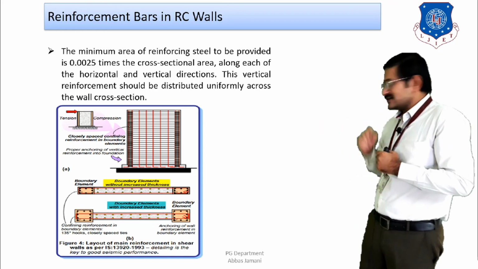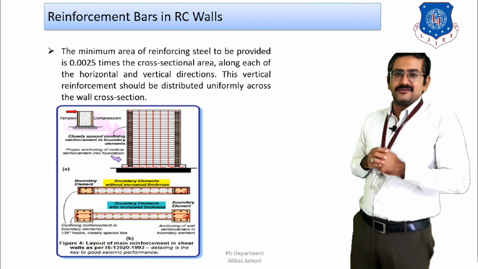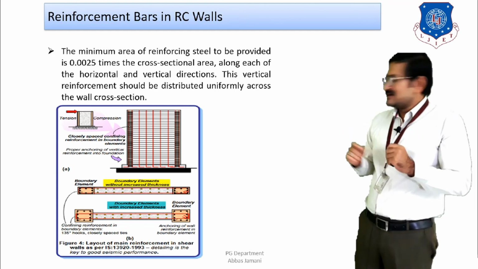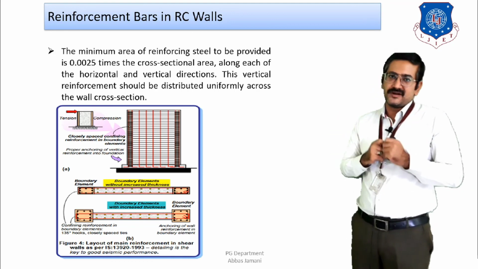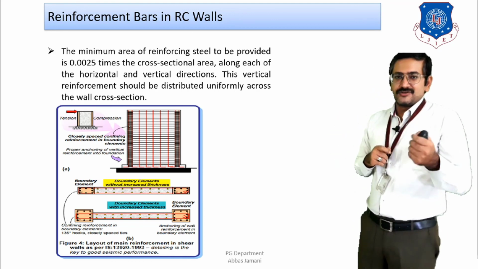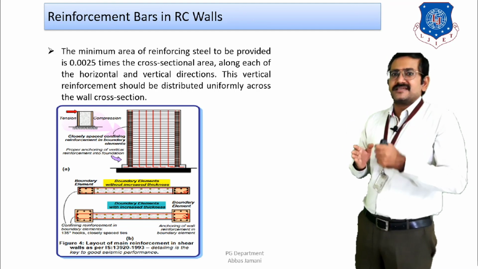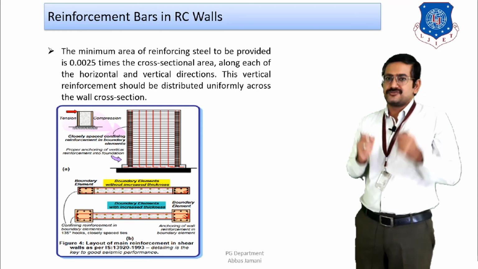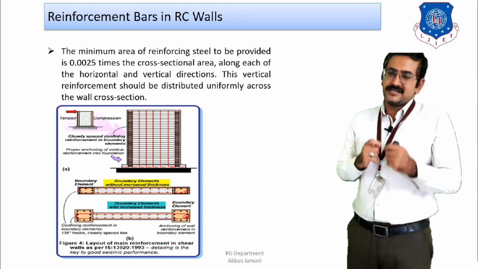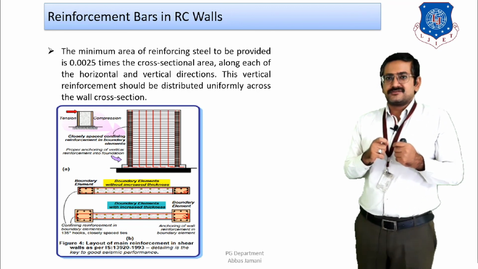As you can see in the first figure, the condition is shown where a uniform thickness of the shear wall is provided, and in the second case, a reduced thickness of the shear wall with an increased size of the boundary element is shown. So it is going to help us in providing special confinement reinforcement at the corners. At the same time, the anchorage of shear wall reinforcement in the boundary element is also shown, which is considered to be good practice from the detailing point of view for better performance of the building.